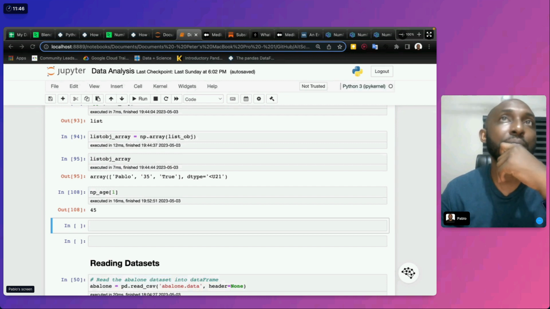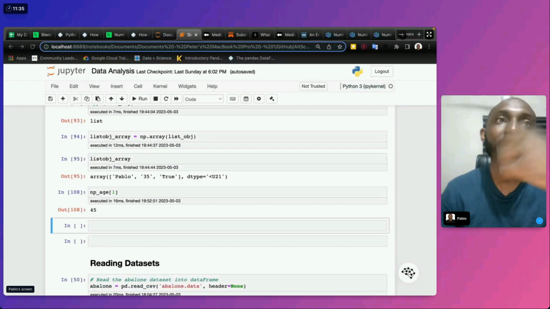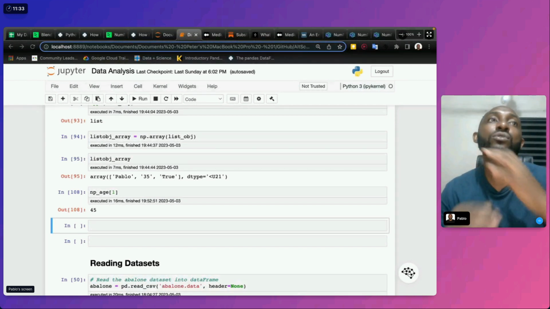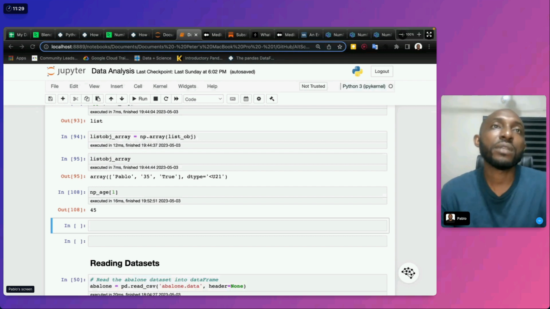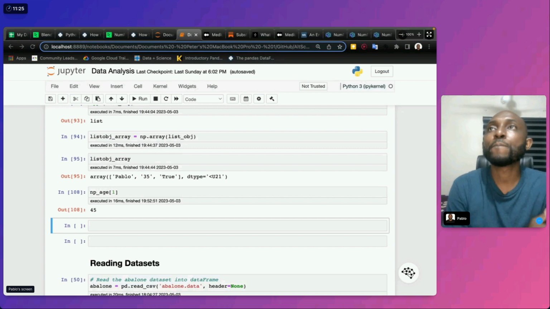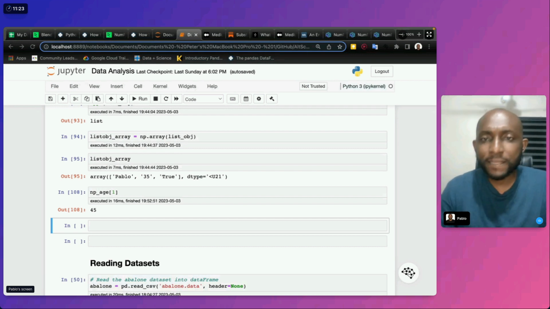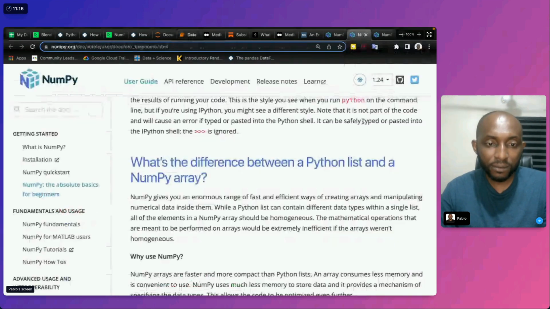And when you optimize for speed that way, you find yourself able to do a lot of things quickly. So again, there are many things you can do with NumPy.